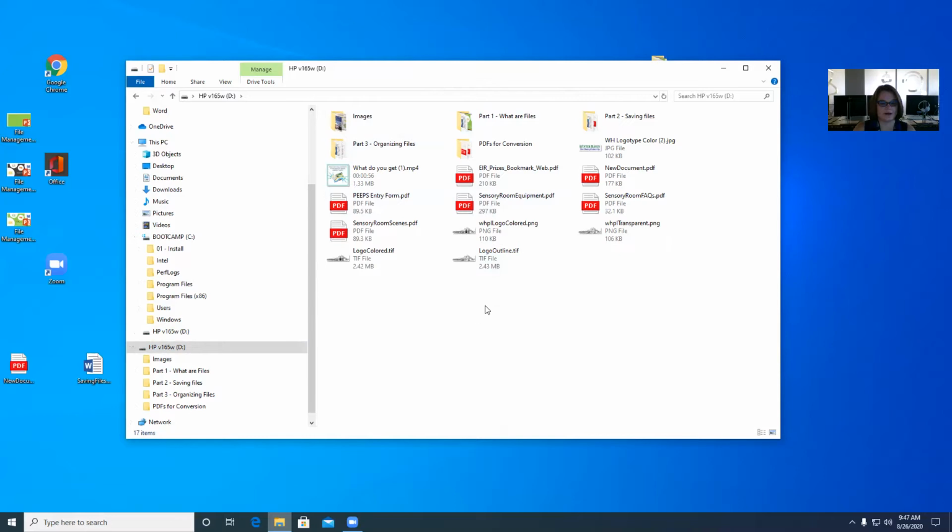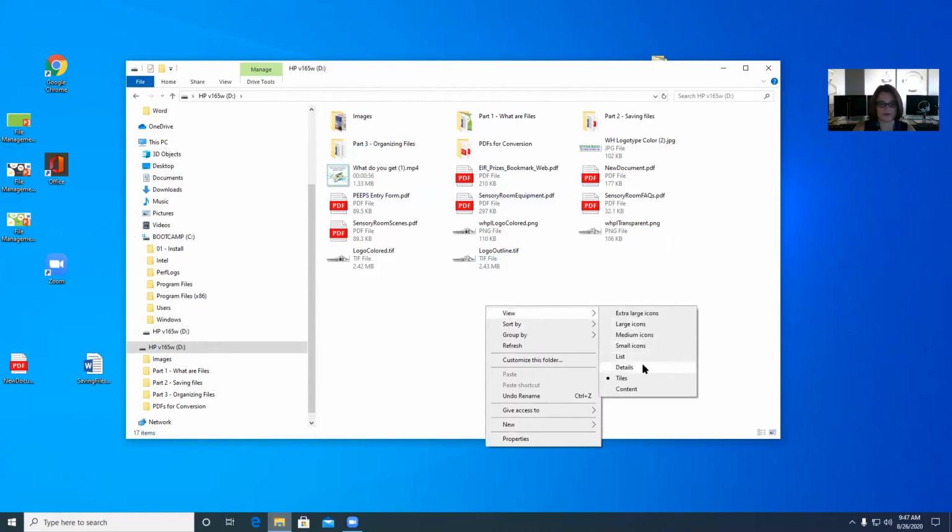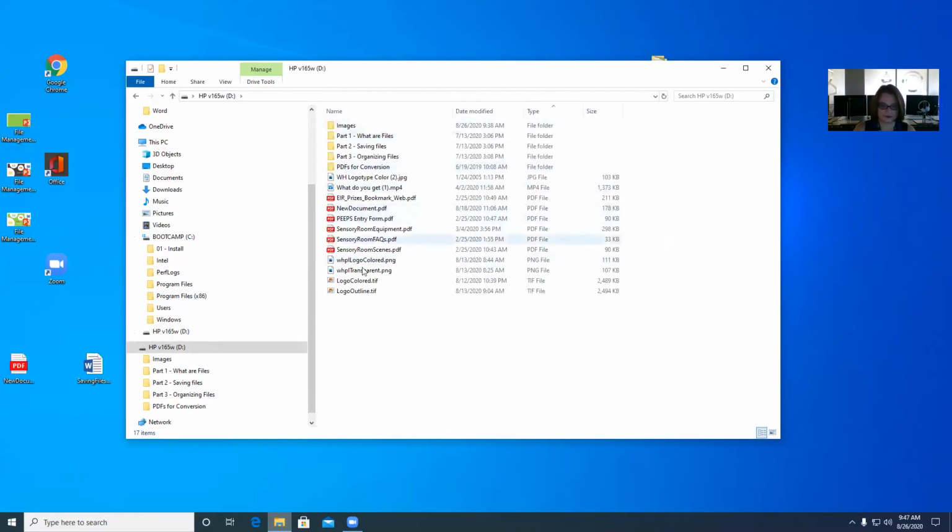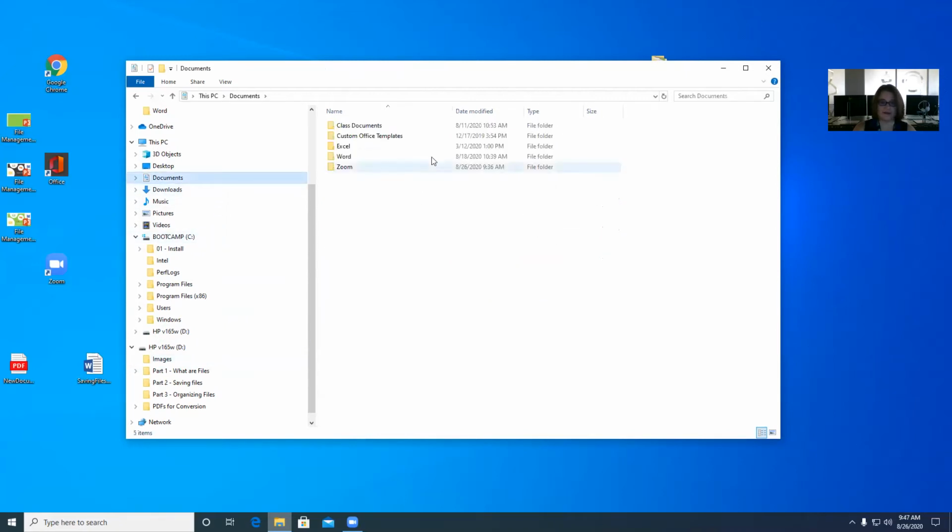I usually do, and I think the default is details, because it just gives you, I can see based on this icon what this is. It tells me when these were modified, what kind of a file type they are, what size, and that's going to be different. You have to change that in each of your files. So if I was to go to, let's say, documents,